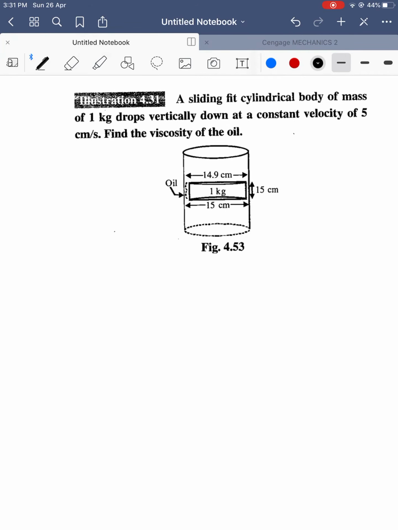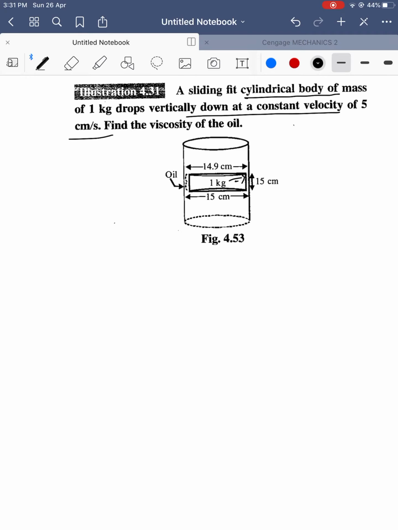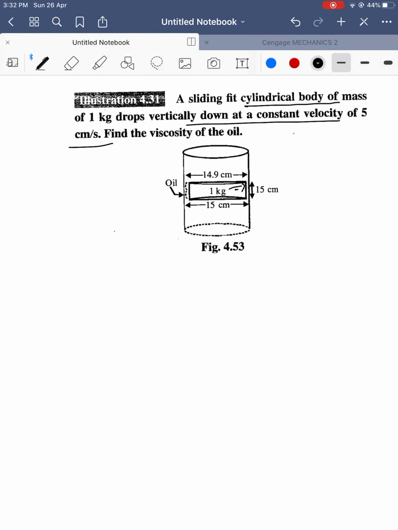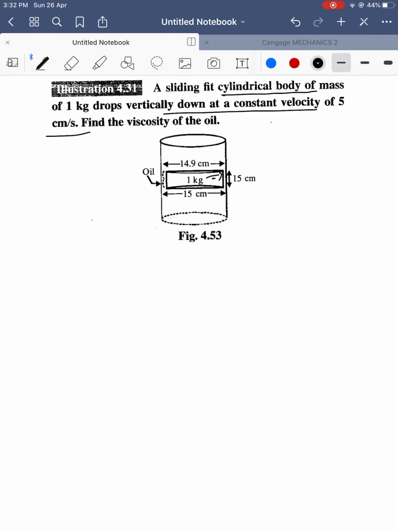So listen to this one attentively. A sliding fit cylindrical body of mass 1 kg drops vertically downwards at a constant velocity of 5 centimeter per second. Find the viscosity of oil. Whenever you see this kind of question, our target is not the block, our target is the liquid. So let's see oil, whatever liquid is given, oil is given. Now if you see carefully,